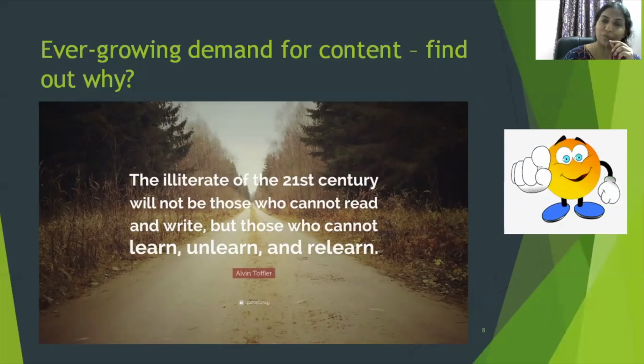How much of what you've learned in your college is still relevant in the current sphere of work? How many times have you had to upgrade your skills? And how many times did you depend on content to learn? So, indeed, content is the new fuel that engines the knowledge society that we live in.